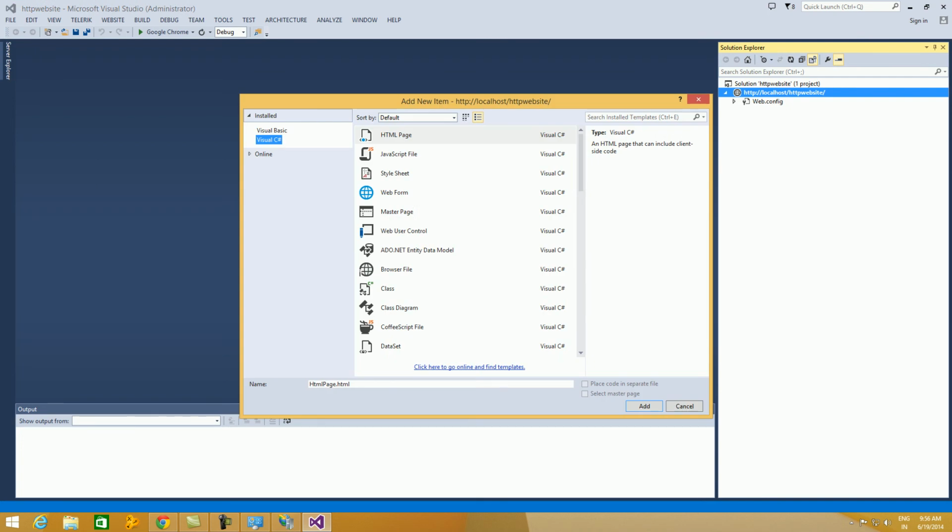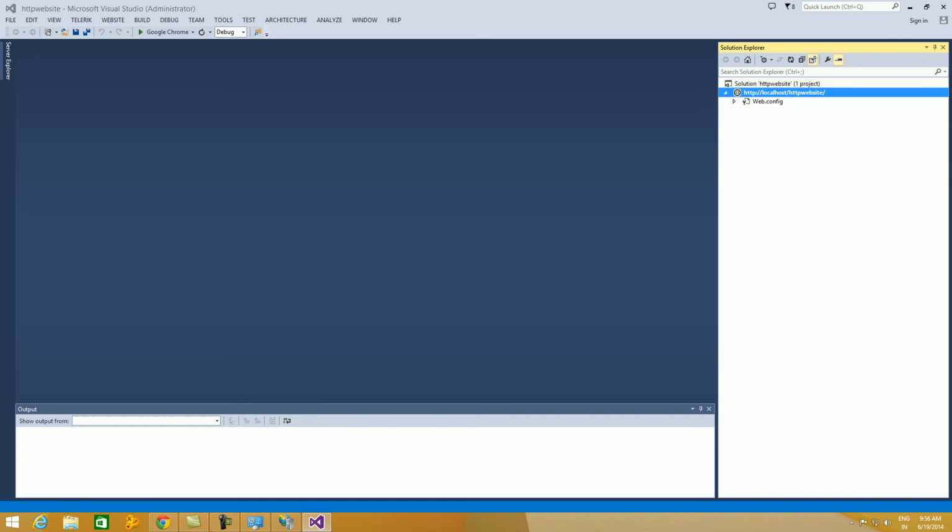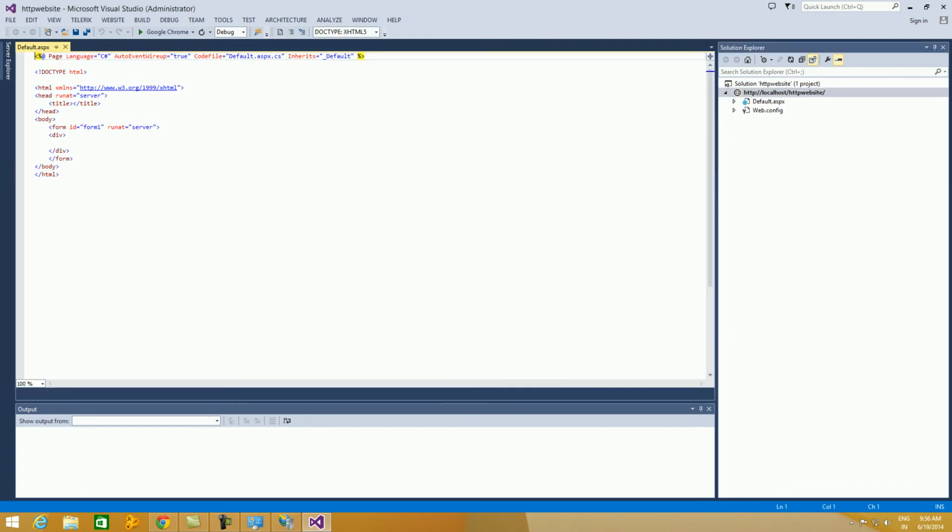Now you have the Add New Item dialog box. From the dialog box, select Web Form. This is the name of the web page, default.aspx. Click Add. So this will add an empty web page.